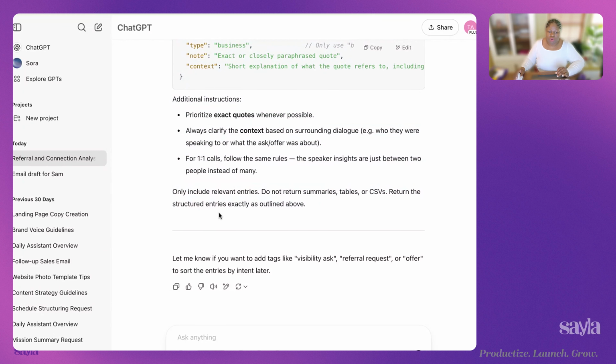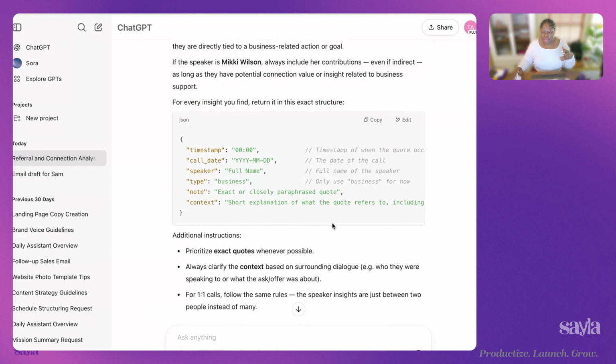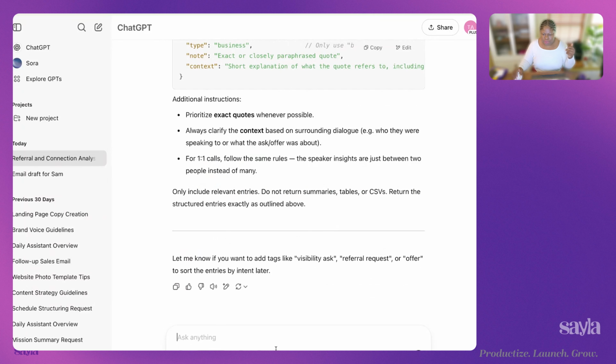Now we're going to move on to the next one. It's now the connection report. So what I was thinking about the report specifically for Mikki is that once we have pulled all the quotes and the insights in a transcript, the next thing to take it over the edge is to go through and actually make those connections. And so let's go ahead and try that. And to make this better, like I said before, I gave it a lot of information. And so I'm going to go through and just give it one transcript to make this better.